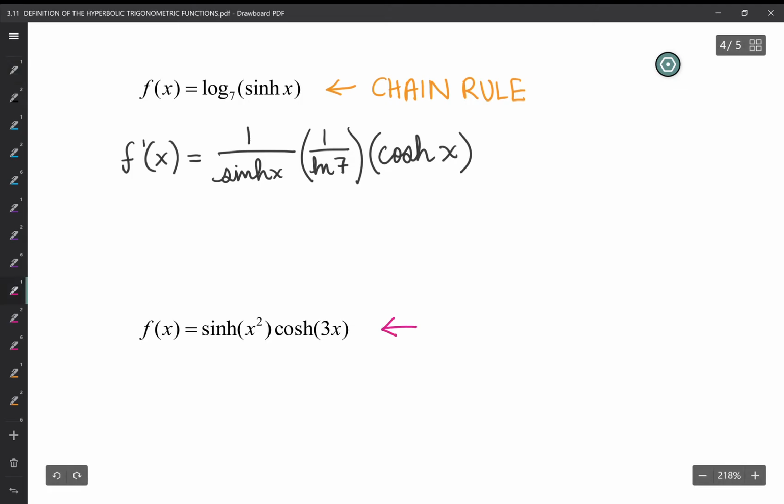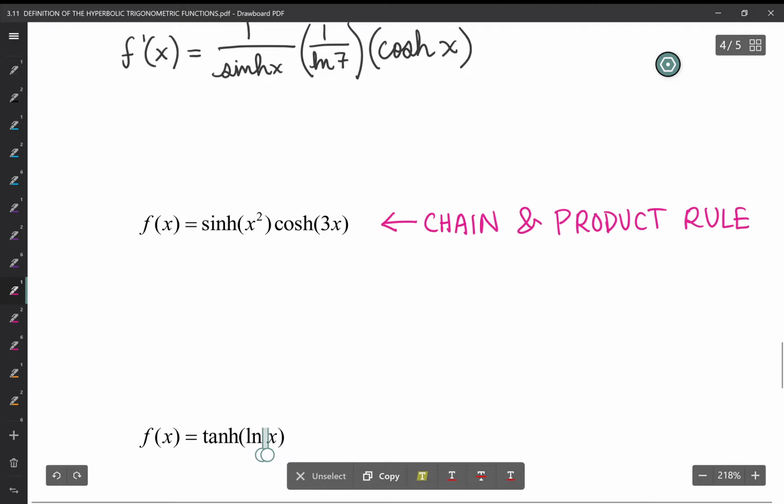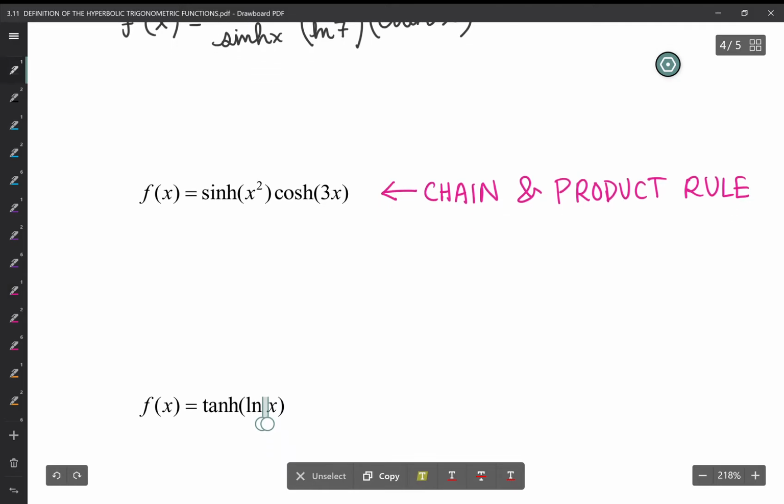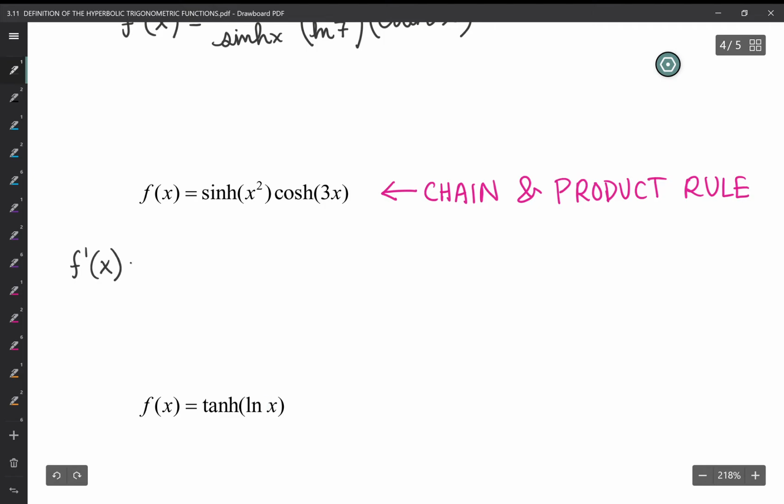To take the derivative of this next function, we will need to use both chain and product rule. So we have that f prime of x is equal to, well, we have this function times this other function. So first we write our first function, so that will be equal to the hyperbolic sine of x squared